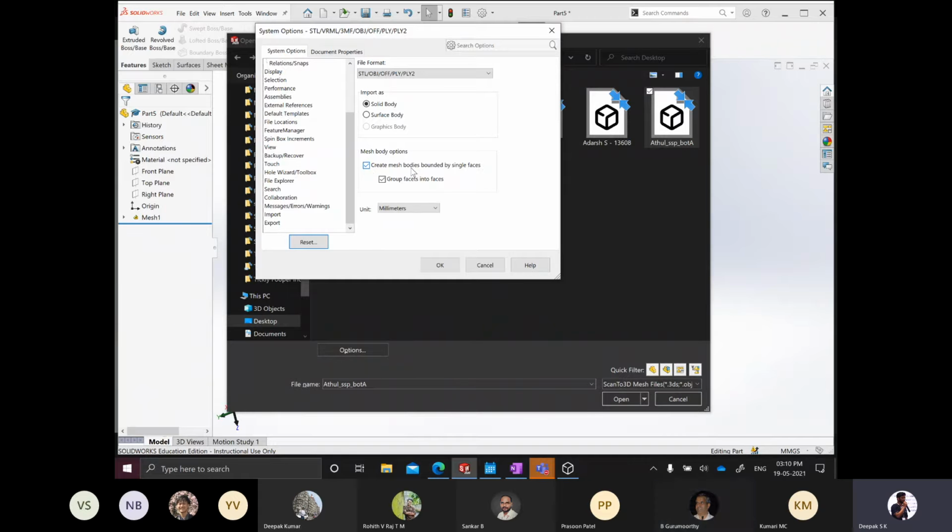What happens is the entire body will come in as a mesh. Otherwise, if you don't click this option and choose either solid body or surface body, SolidWorks will try to approximate itself and come up with a model. We don't want that, so we are trying to create a mesh.